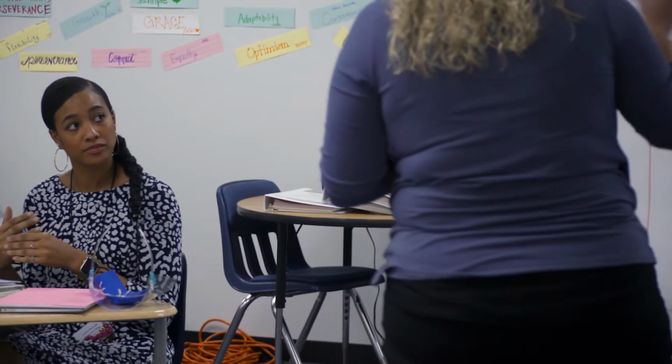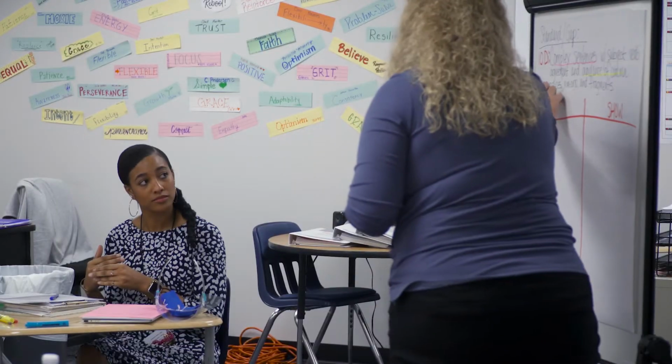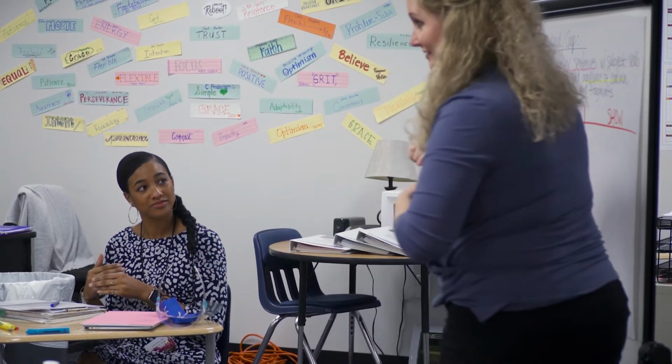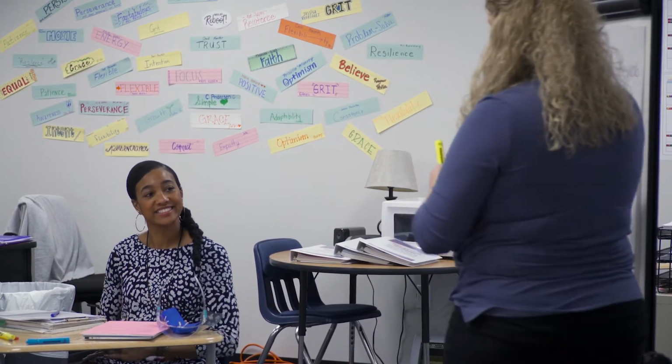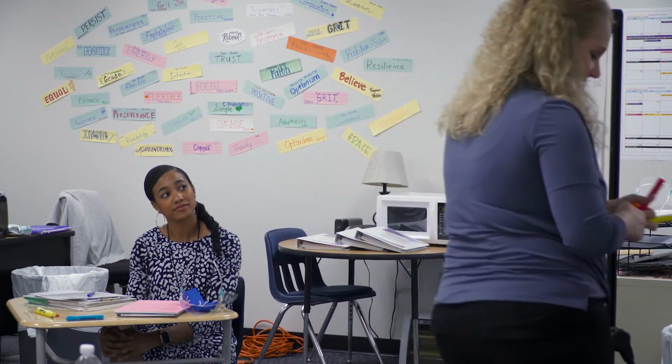We see complex sentences, subject-verb agreement, avoidance of comma splices, and then run-ons and fragments. So there are four different things here. We have complex sentences. We have subject-verb agreement. We have avoidance of comma splices. We have what else? Run-ons and fragments. My goodness gracious. Okay, that is pretty standard, right?